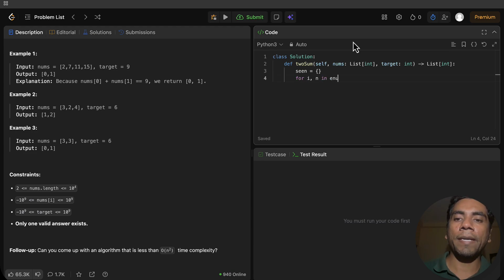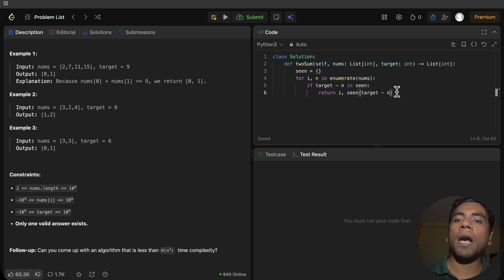So I will write for i, n in enumerate(nums), we will check whether the complement of the number is in seen. So if target minus n in seen, then we have arrived at our solution. So we can just return i, seen[target - n],